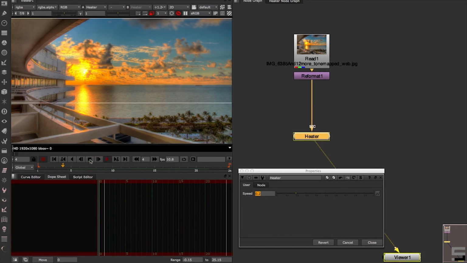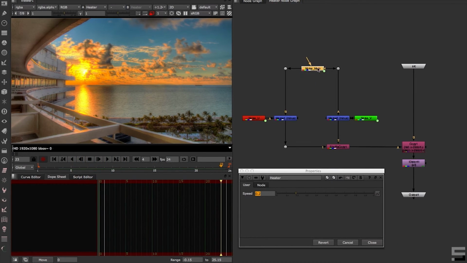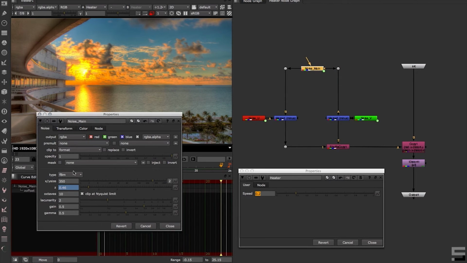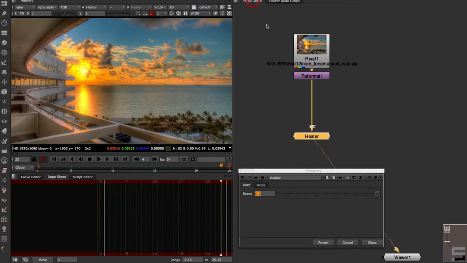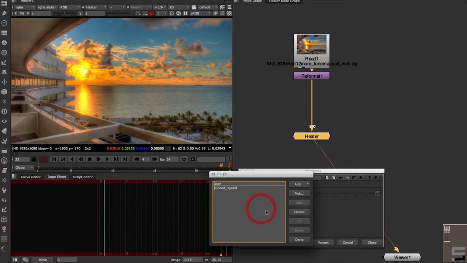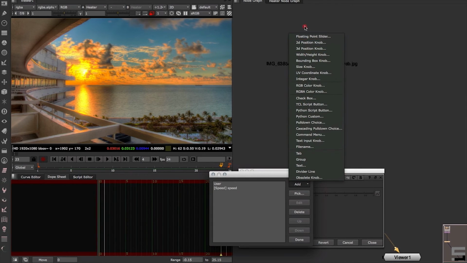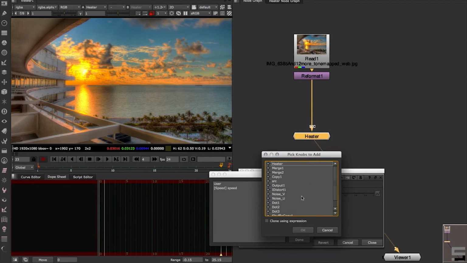Yeah, so that's looking pretty good to me, but we do want to be able to control more stuff, right? I want to be able to go in here and control all of these other noise properties. So the easiest way to do that in the gizmo is to go Manage User Knobs. Instead of saying Add, because we don't need to create something new, we're going to say Pick. And we're going to pick stuff out of our group and add it to our main panel